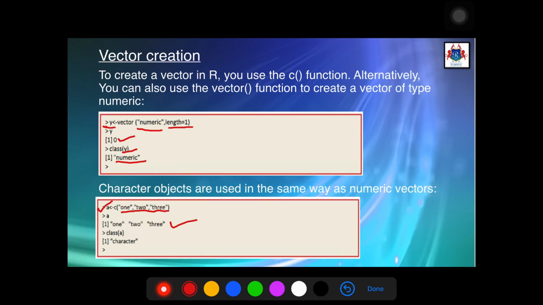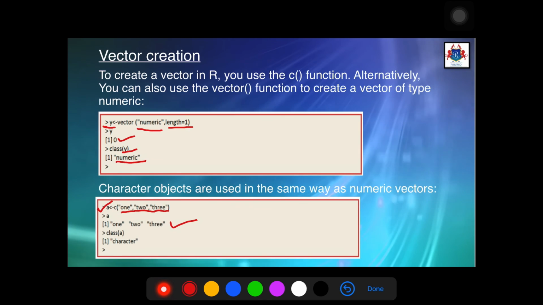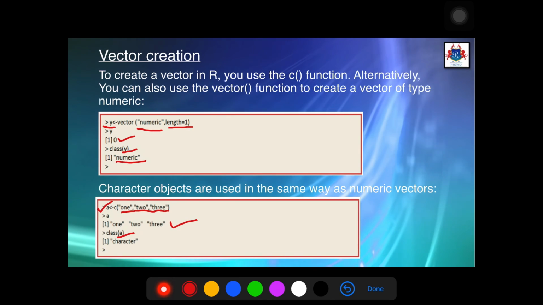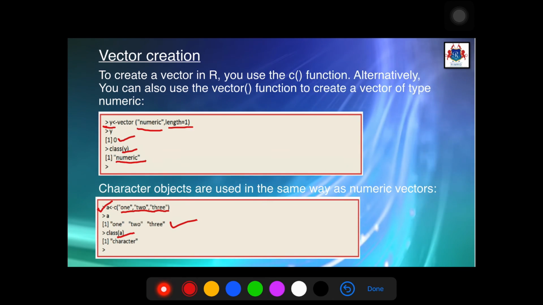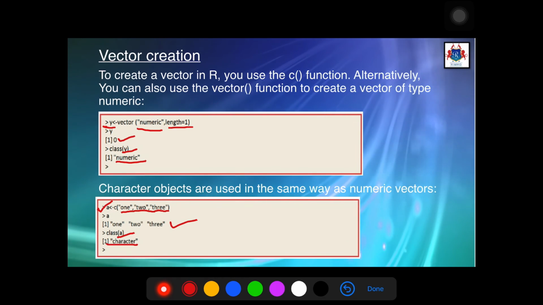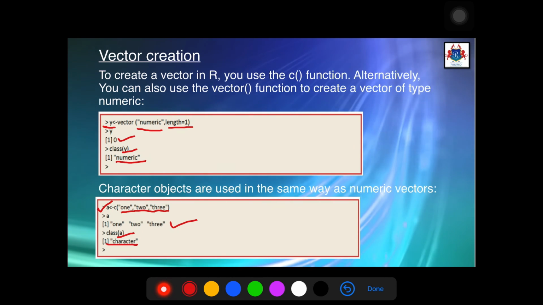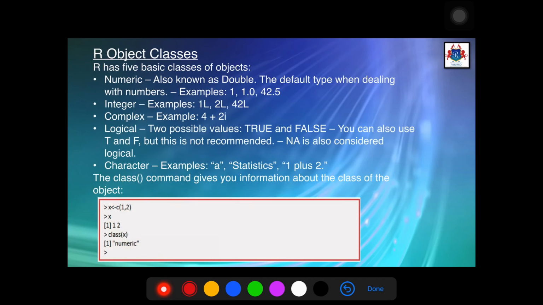To know the class, again type class and the name of the vector, that is a in this case, and it will show the class of the vector as character. So these are very simple functions which we can use for creation of a vector and to see the output.